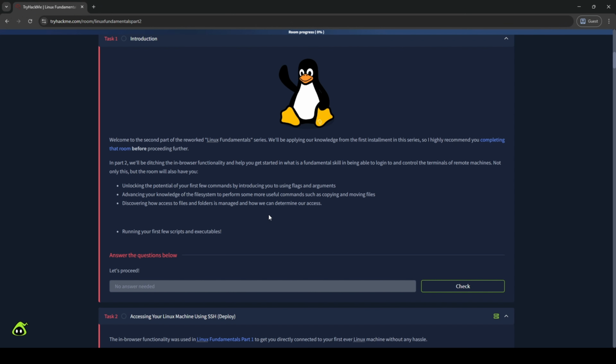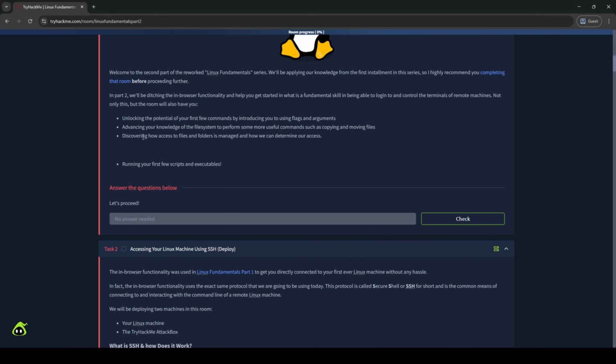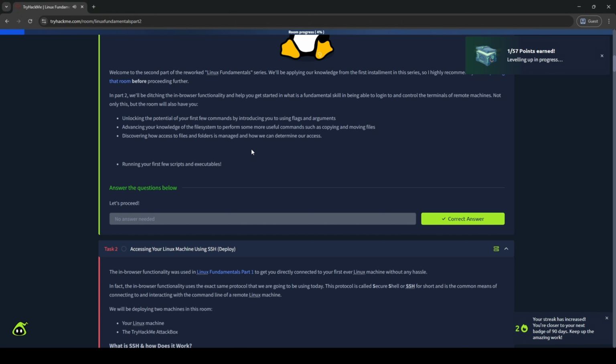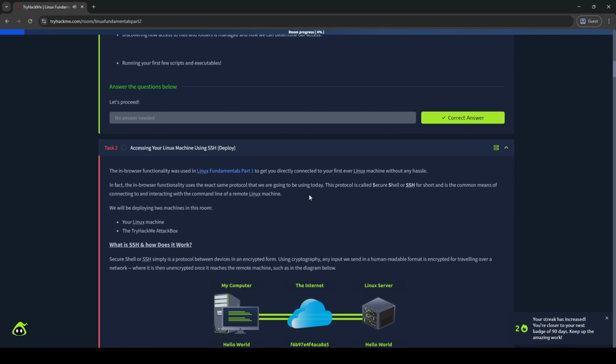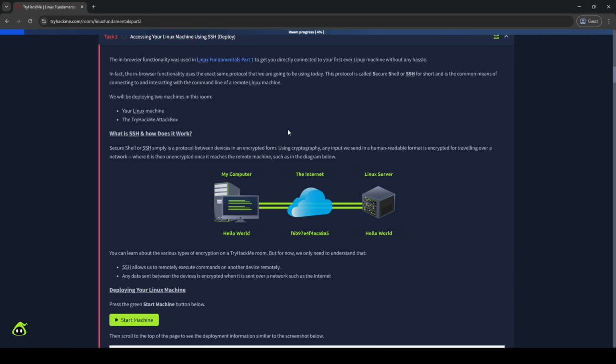There's also a subtle jump here. You're not just observing anymore, you're interacting with the system more deliberately. Running commands, handling files, even executing scripts. That's where Linux starts turning from something you learn into something you actually use. If part 1 was about getting comfortable, this is where control starts to come in. And that's exactly what we'll build on next, when we connect to a machine the way it's actually done outside of a training environment. Task 2.